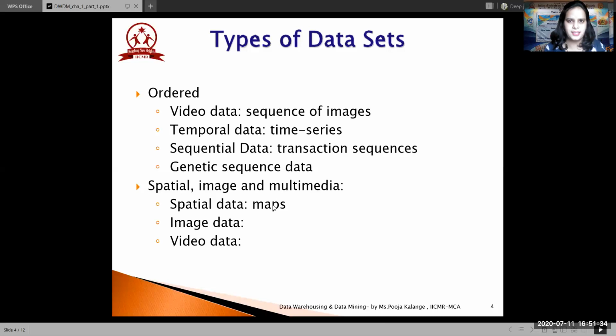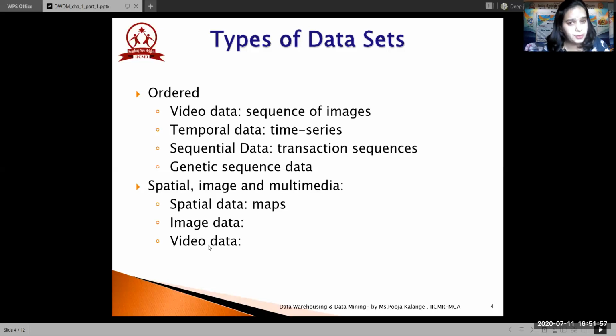The second part is image data. You know images are made of pixels and resolution; these are some basic terms. If you have high-pixel or high-resolution data, you need more storage size. So that is the image data. And last is the video data. Video is nothing but a combination of multiple images based on some time frames. Such data is said to be video data.